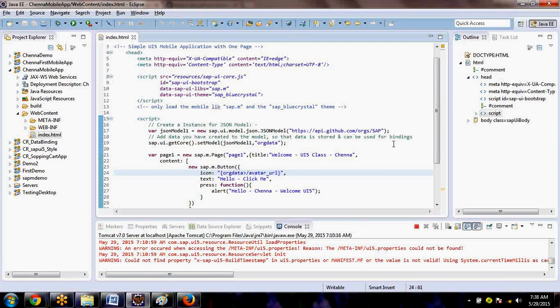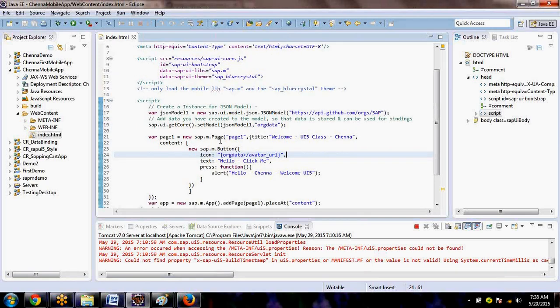I just copied it, that's why it is correct. So we don't have any challenges. Now, getCore().setModel(oModel). Then whatever you have here, you assign here and give some name for that, so that you can use that name while accessing the data. Fine. And there is a semicolon.